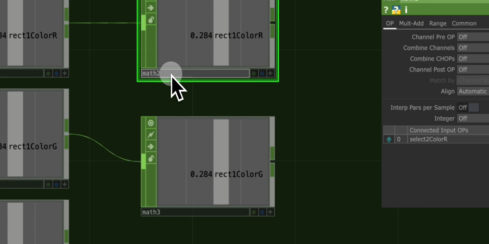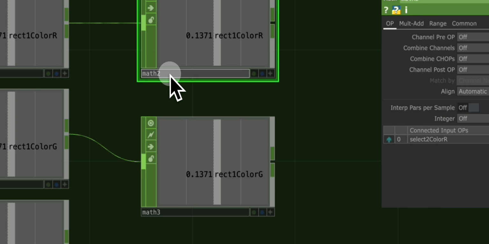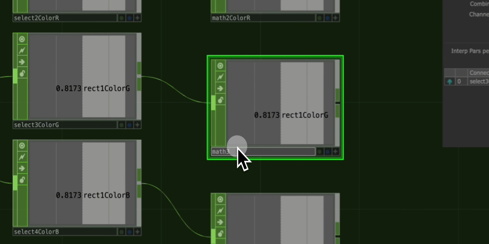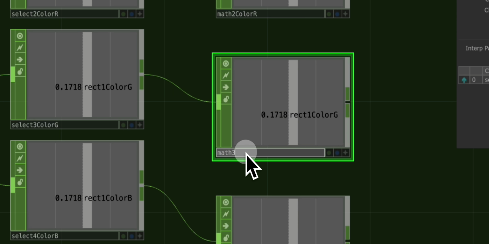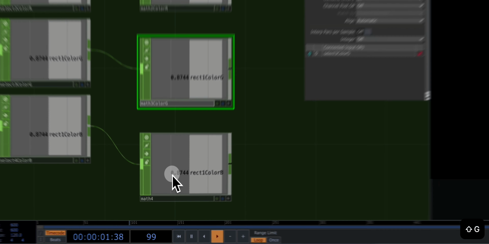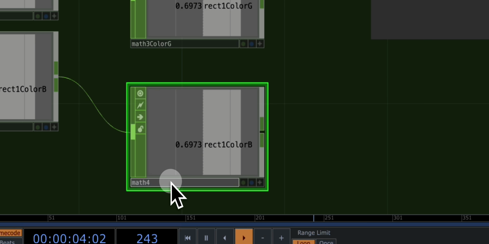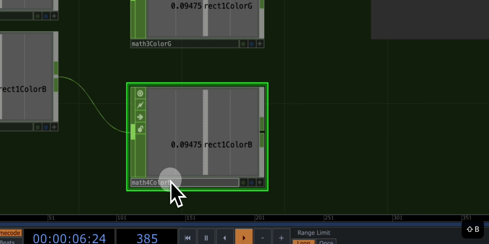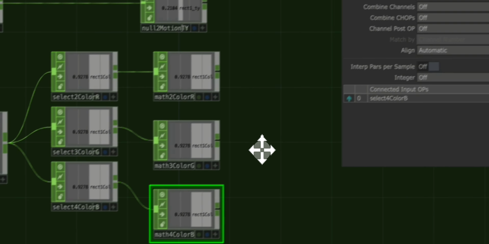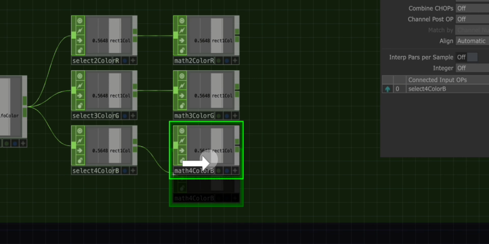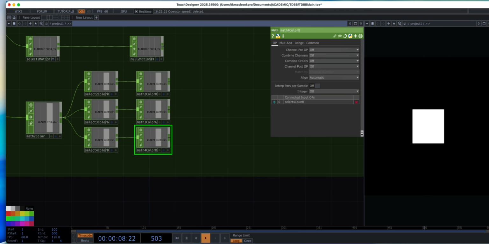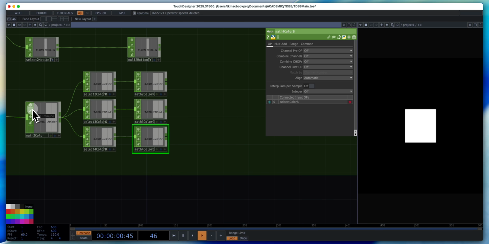Okay, so again, we're gonna rename here. So we got this math 2, let's call it math 2 color R, math 3 color G, math 4 color B. Okay, now what can we do to shift these so they move a little bit differently? There's a variety of things we can do. So just for the purposes and the scope of this lesson,